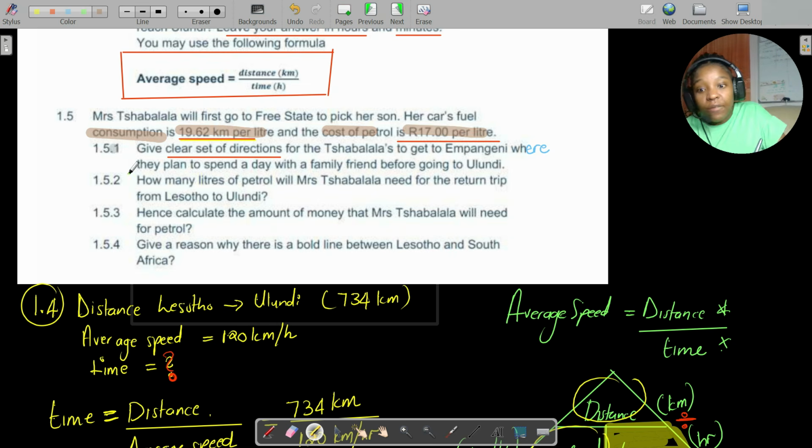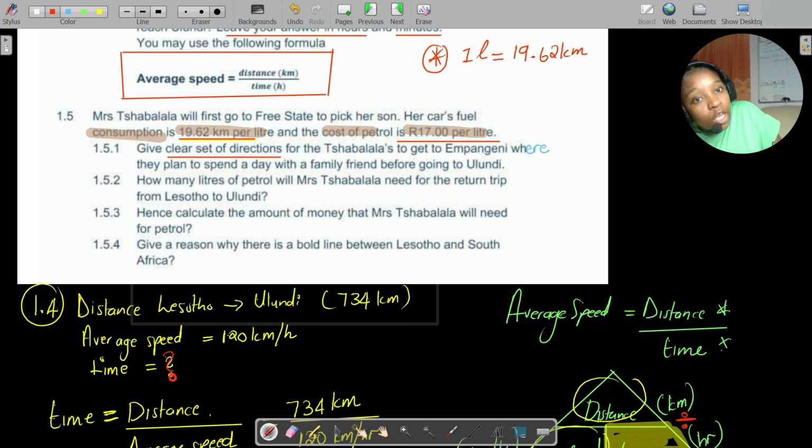Remember, I've said this. If you're given rates, try to see if you can change the rate into an equation. Once you can change the rate into an equation, you can just calculate whatever it is that they want you to calculate. So how can we change that rate into an equation? 19.2 kilometers per liter. What does that mean? It basically means that with 1 liter, you'll be able to travel